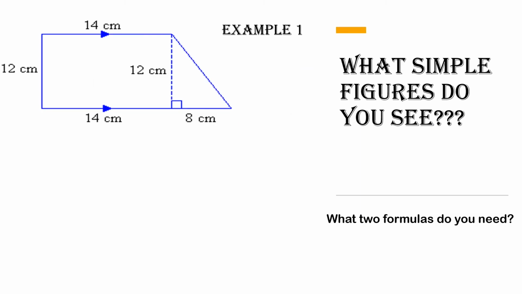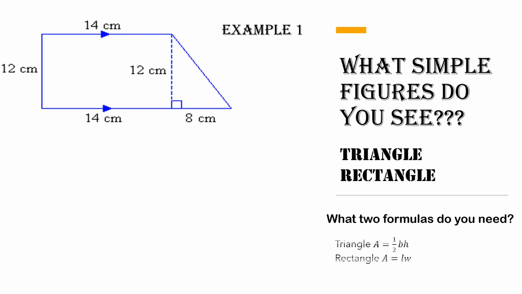So here's our first example with composite figures. And the first thing I would ask you, if you were trying to do this problem, is what two simple figures do you see in this composite figure? Hopefully you'd be able to identify that there's a triangle and a rectangle in this composite figure. From there, I might ask you, what two formulas do you need to solve this? And hopefully you can recall a triangle is area equals a half base times height, and rectangle equals length times